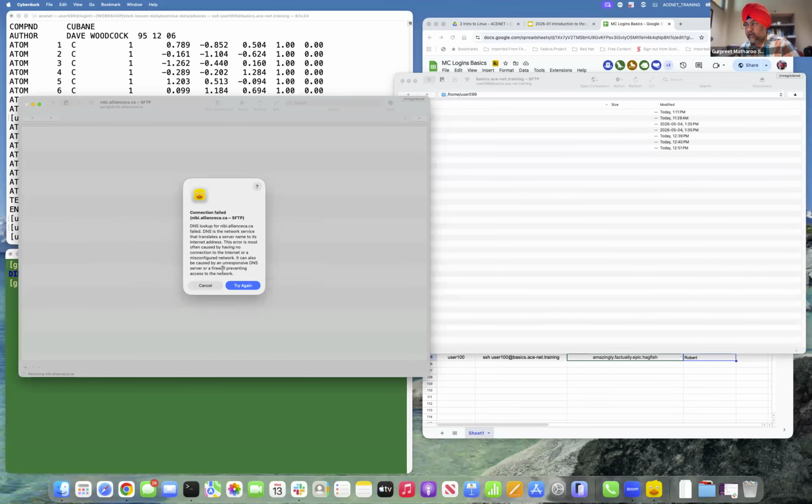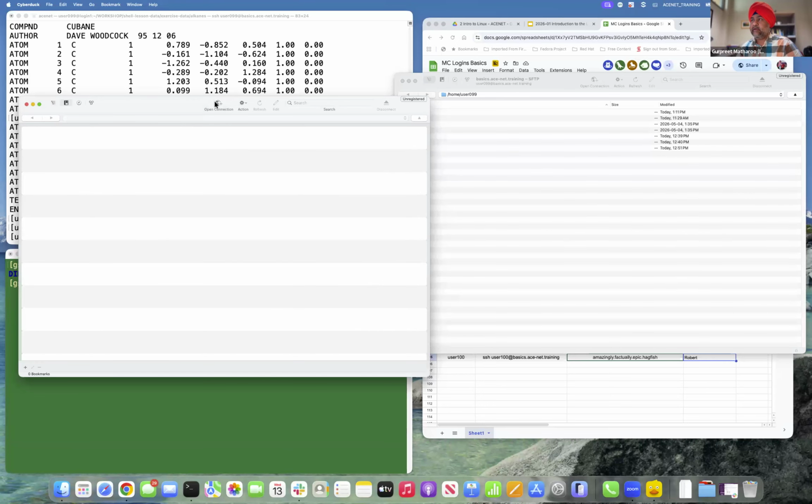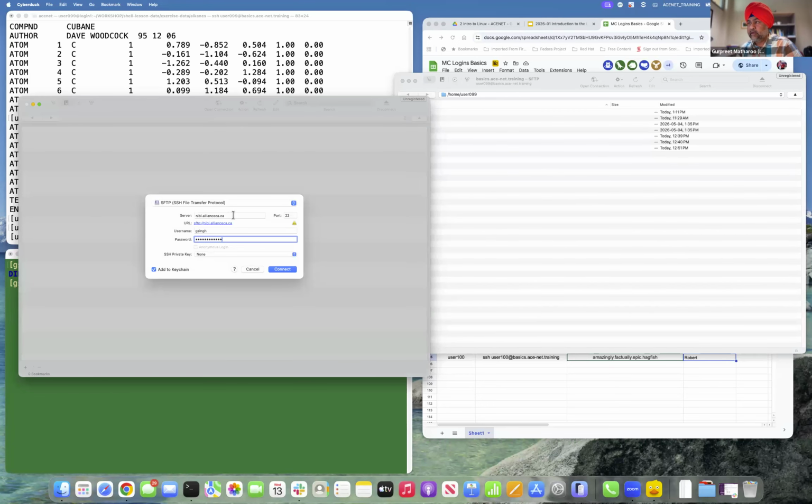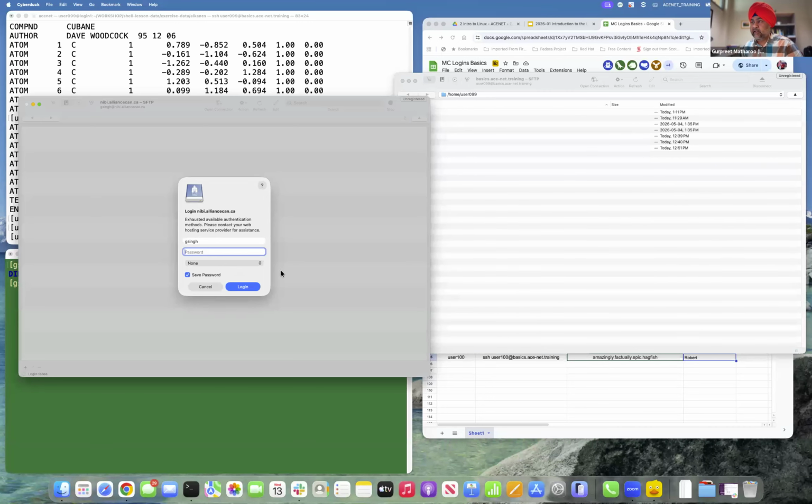No. Okay. The error is most often no connection to internet. Yeah, FileZilla, you can use that. Okay, come on. Maybe there's a typo there. This is so small in size that I can't even read that. Okay, now it's working.